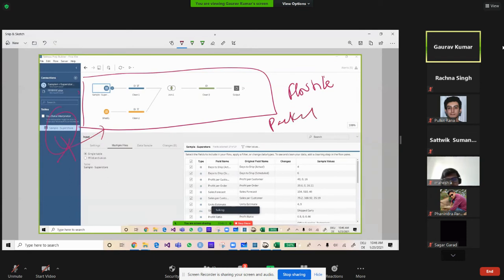For example, after some time, if you saved as a flow file and some certain thing changes in the data set, this is basically local data, so that's why I saved it as a flow file. But if you are working with big data or a huge volume of data, then it is recommended that you save it as a package.